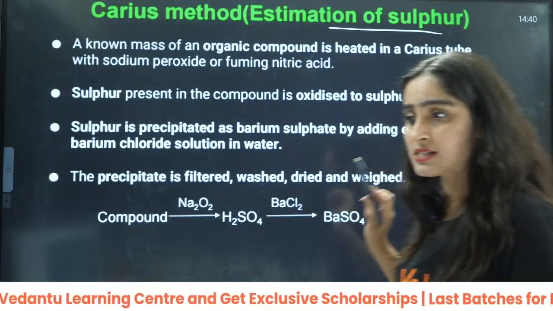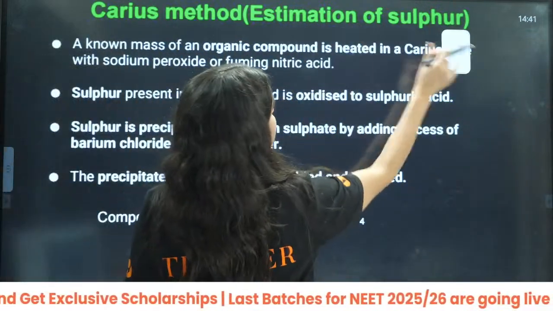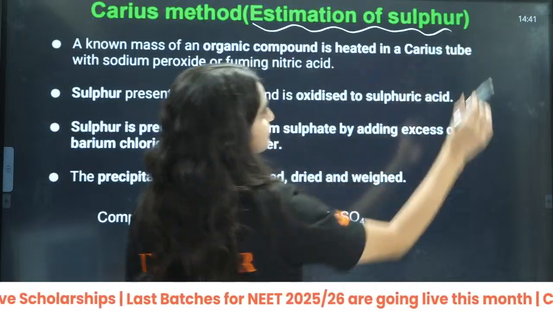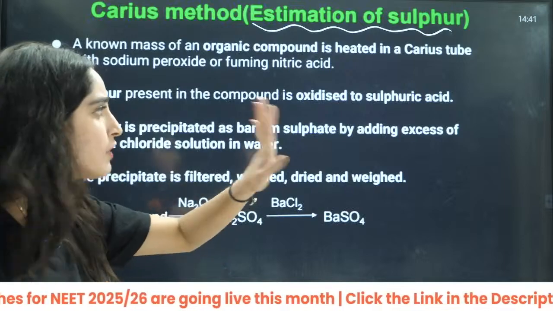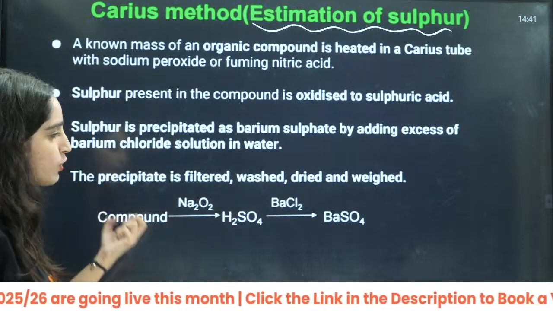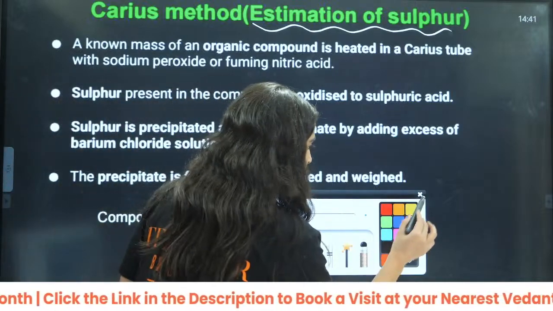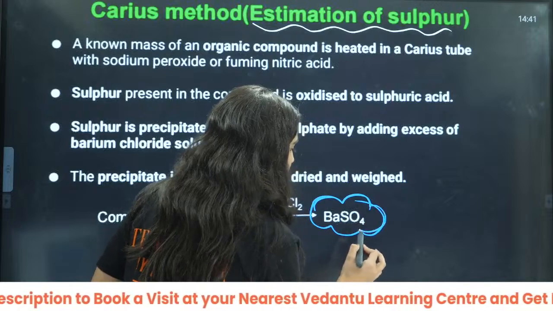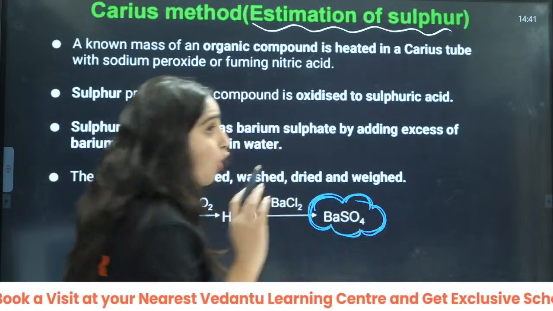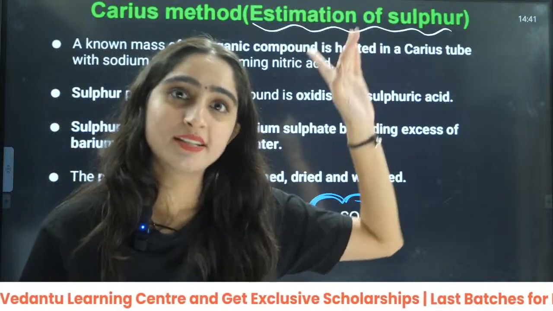When you have to estimate the sulfur, what will you do? Tell me what you will do when you want to estimate sulfur. Very simple. See, you have this compound Na2 and this. Just remember the detection compound. You don't have to remember everything. Just remember the detection compound, that according to, you will not say, ma'am, PBS, ma'am, that, beta, this is Carius